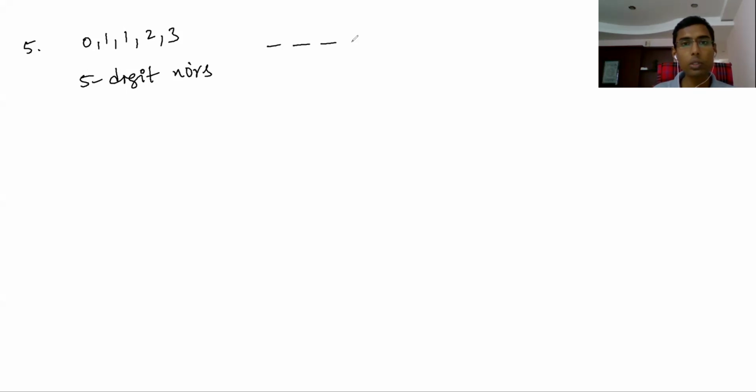A 5-digit number means you have to create 5 digits. How many ways can we arrange these 5 digits in 5 blanks? In 5 factorial by 2 factorial ways, because 1 is repeated twice. This is the total number of ways of arranging these 5 digits in 5 places. But here, 0 cannot be arranged in the first place. If 0 comes in the first place, then this is not called a 5-digit number.